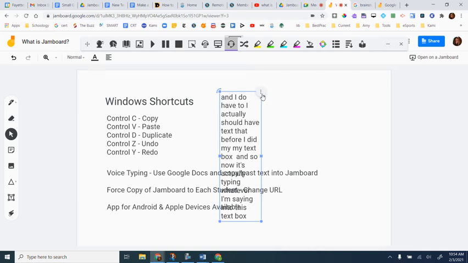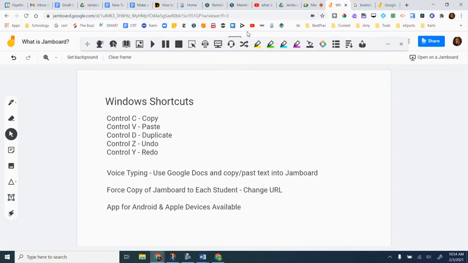So I'm just going to go ahead and delete. I'm going to turn that off now. And I'm going to go ahead and just delete this text box for a moment. Okay, other thing is that